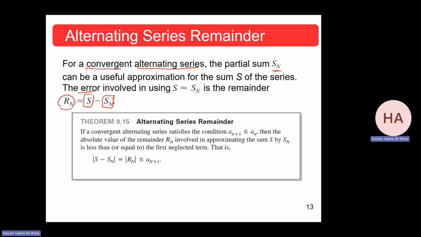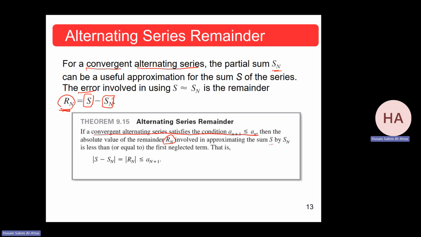There is the theorem. If a convergent alternating series satisfies this condition, then the absolute value of the remainder, which is Rn,